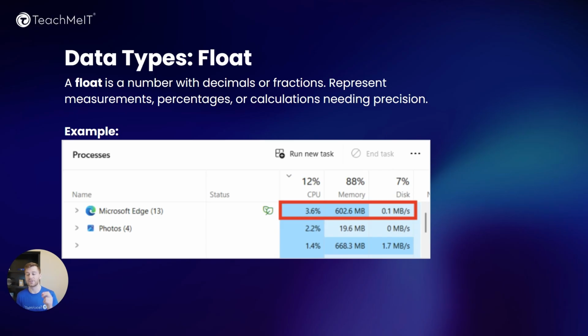The second data type is a float, and a float is a number with decimals or with fractions. Usually they represent certain measurements, percentages, or they help in calculations that need a little bit more precision. So for example, when the coders or designers for Task Manager here in Windows built this, they used float as a data type because you can see on each of these different applications, it's showing a decimal,